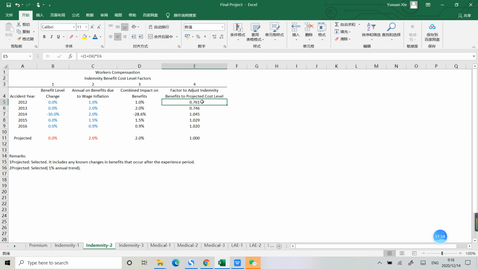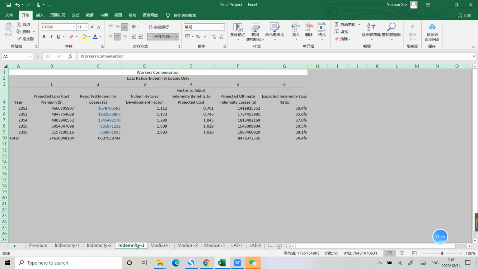So at this column, we should choose a baseline. The baseline is one, and we can assume that 2017 is 1. So 2016 is 1.02. And then we can get